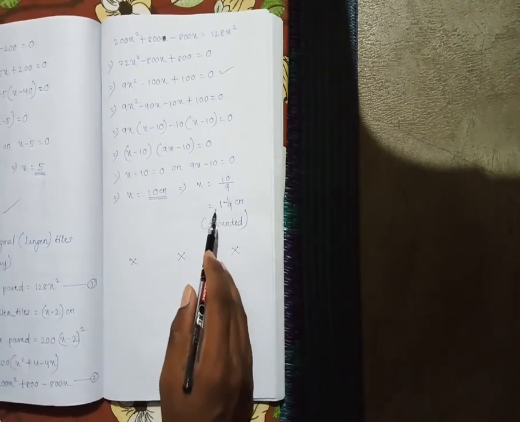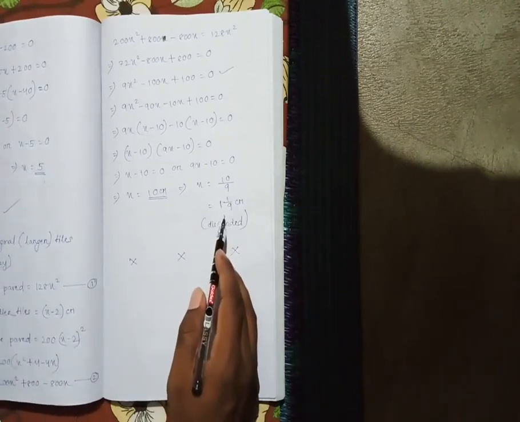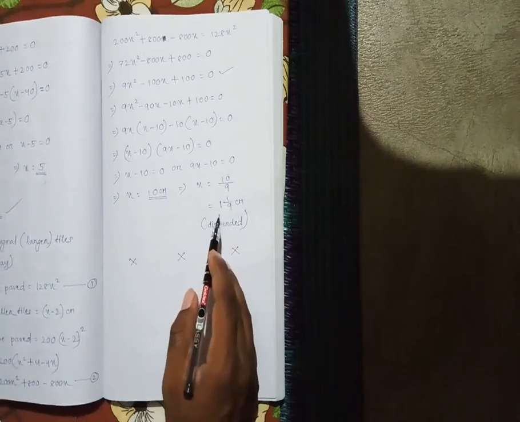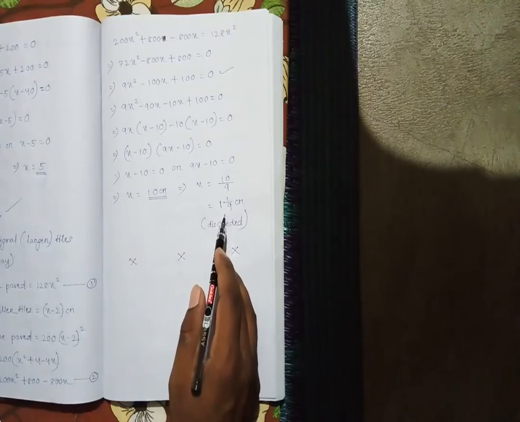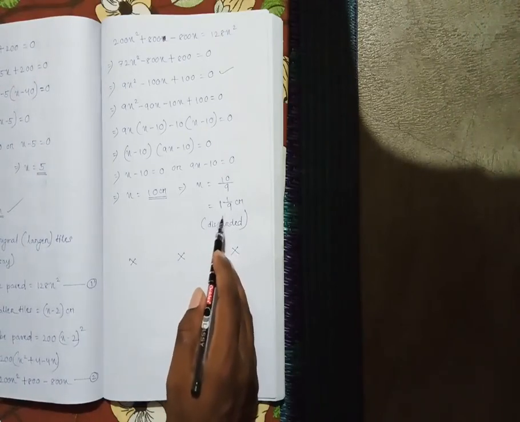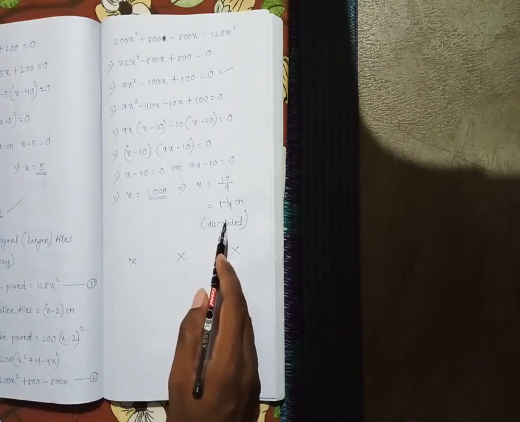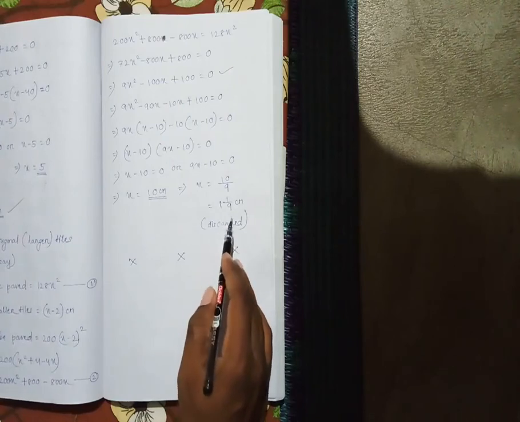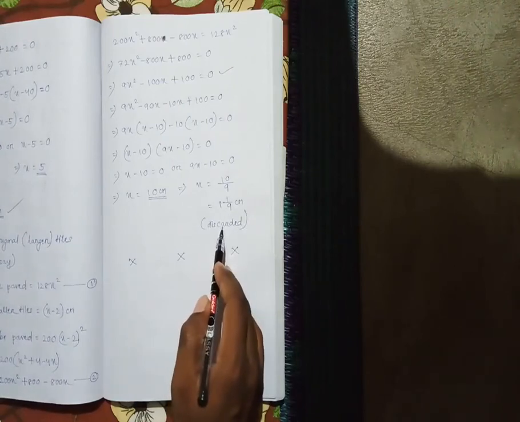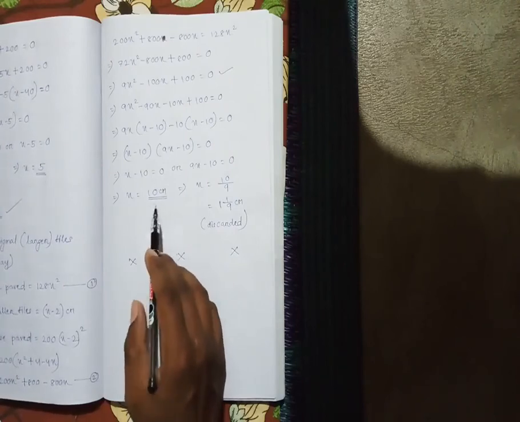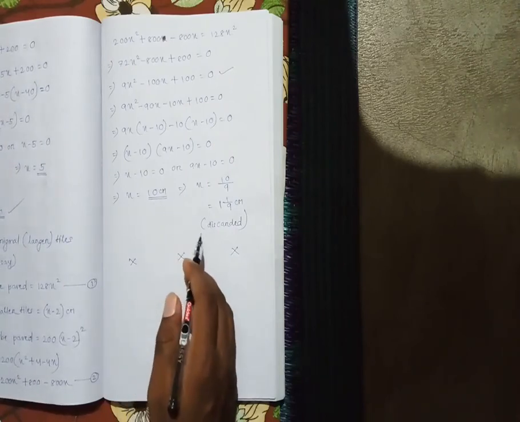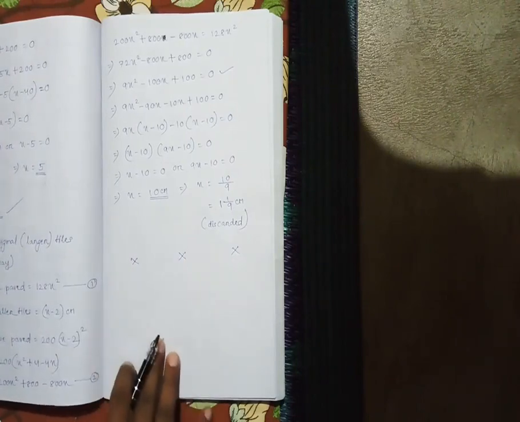10 by 9 means 1 whole 1 by 9 cm. And practically no tile will be this much small. 1 whole 1 by 9 cm means it is a very small tile. Okay, and moreover in the question it was given 2 cm smaller. How can you subtract 2 from 1 whole 1 by 9? You will get a negative value. The side of a tile cannot be negative. Okay, so 1 whole 1 by 9 cm is discarded, although it is positive. Okay, so the only acceptable value is 10 cm. The side of the larger tile is equal to 10 cm. Okay, so this is the end of part 1.